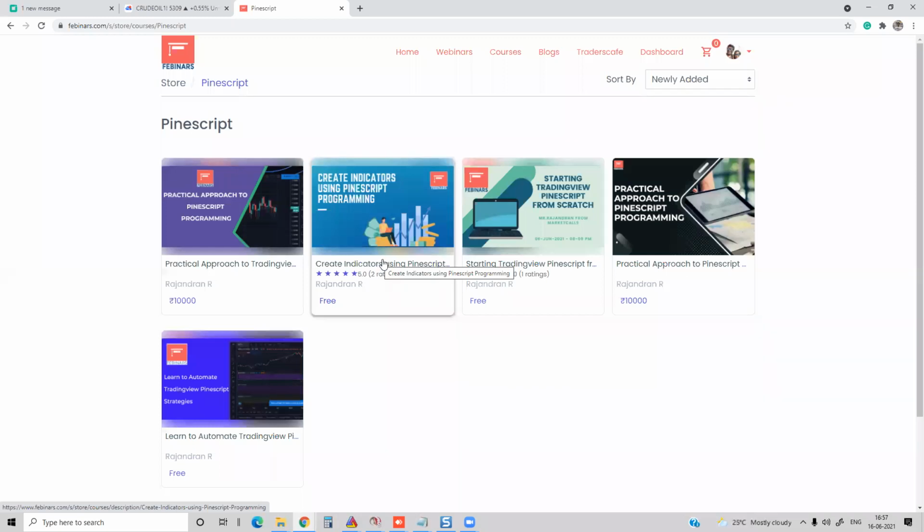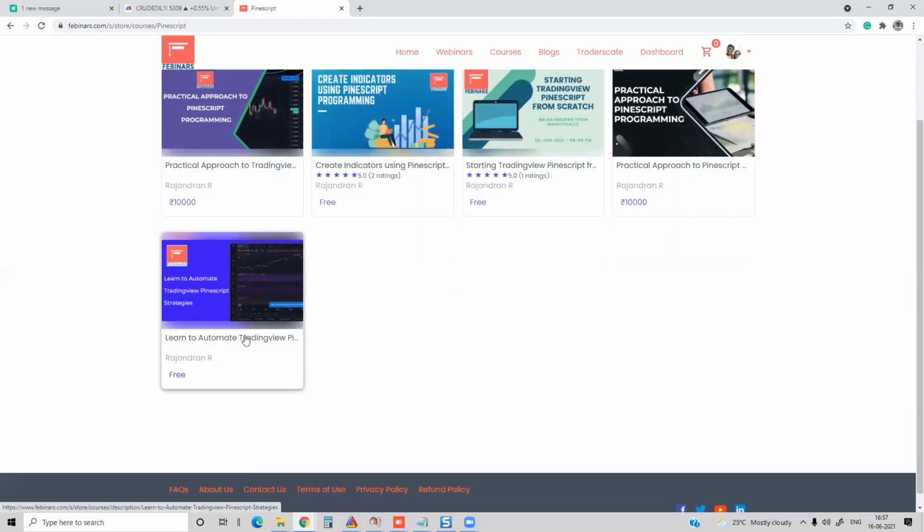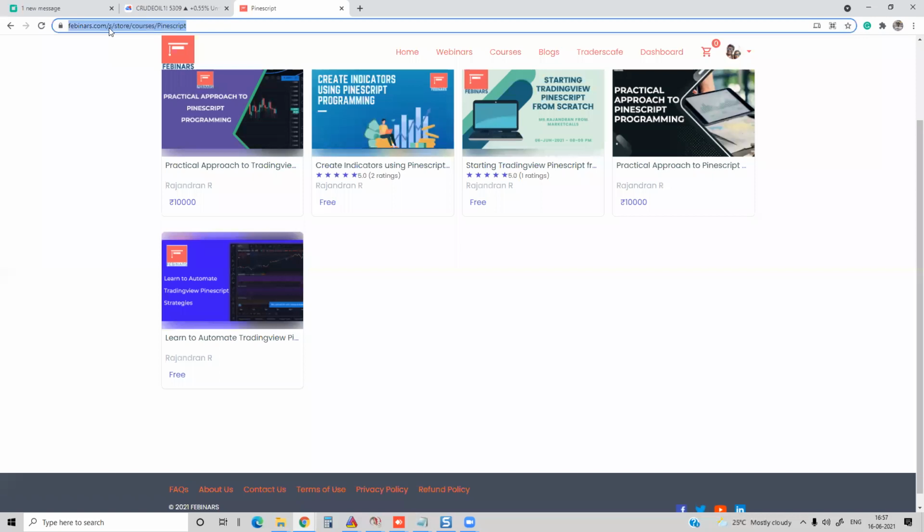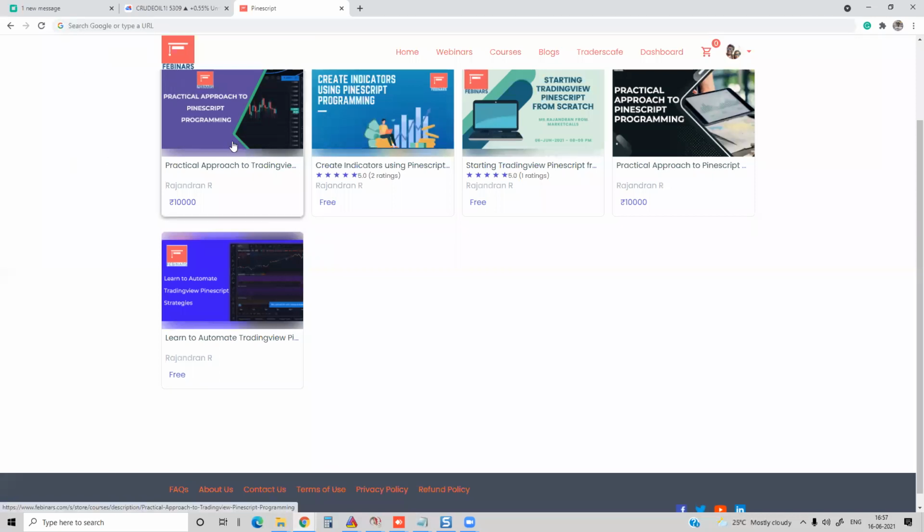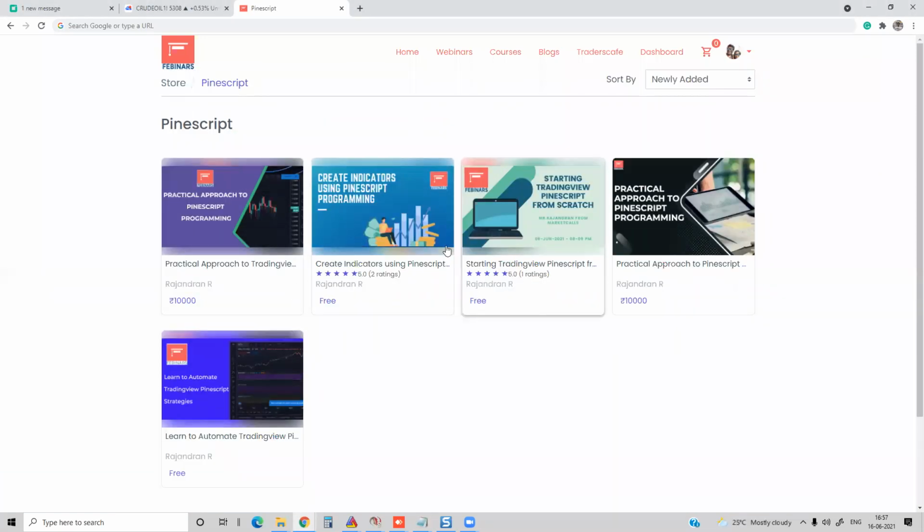You can learn how to design your own strategy in Pine script, how I can write my own Pine script trading strategy. Or there is another approach we have given here, starting TradingView Pine script and learning to automate. So let me give the list of Pine script courses, or if you are interested in attending a 25 plus hours Pine script programming course, you can also consider attending it over here. I'll just share this link. This link contains both free and paid courses. And yes, all these courses are free. You can simply enroll and start learning the automation I had explained over here.